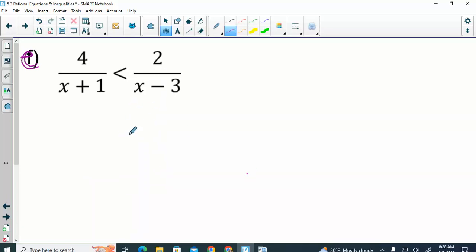Okay, what do we have to do first? Do it on the side. We need them on the same side, we need a common denominator. The first denominator is x plus 1. What does it need to look like the second one? We'll do it on top and bottom. Second one has x minus 3. It needs